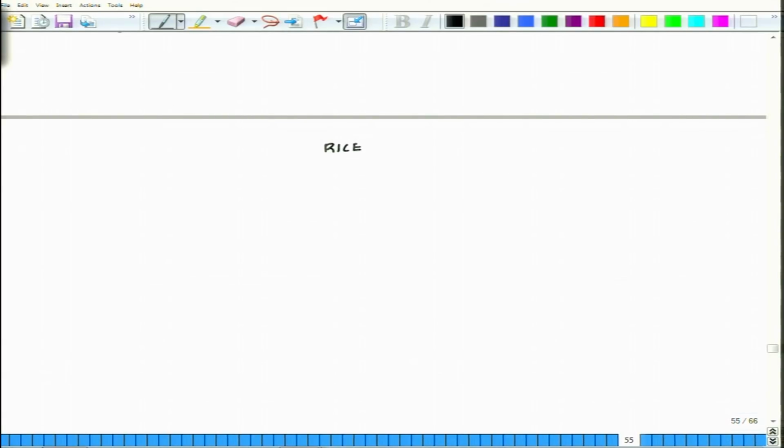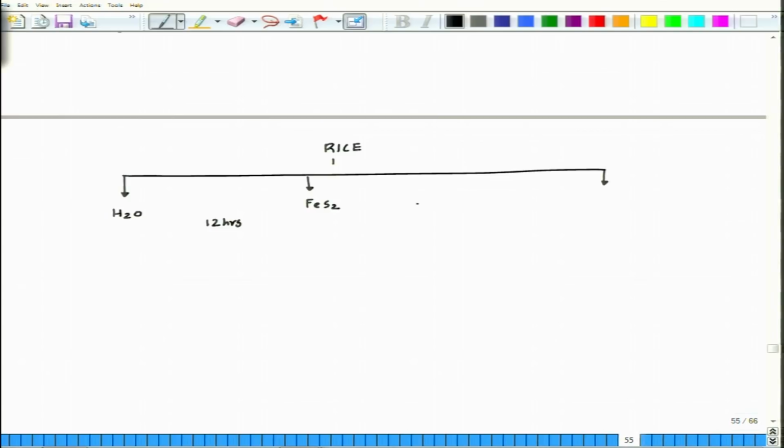So, seeds were divided into 4 different categories, as we did in the beginning: simple water control, simple FeS2 control. Okay. So, first we did it like this, FeS2. Now, after 12 hours of treatment, and by the way, the dose is approximately 100 microgram per ml of